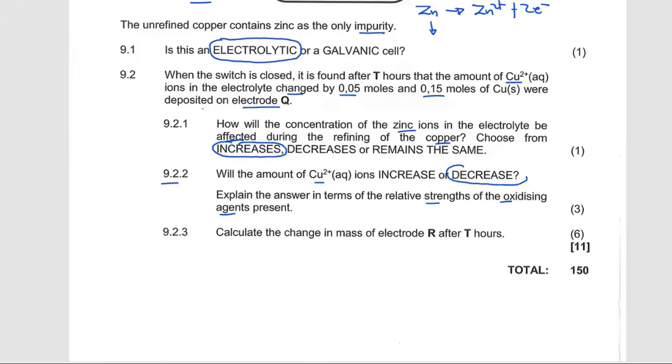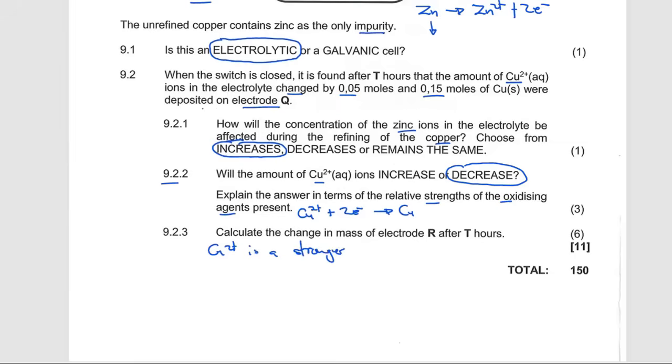So our answer is going to decrease, right? In terms of this, I can say copper is reduced at the cathode too. If it's to be reduced, it is going to formulate something like this: Cu2+ plus 2 electrons to form Cu. Then we are removing Cu2+ from the solution, right? So in terms of the strength of the oxidizing agent, I'm going to say Cu2+ is a stronger